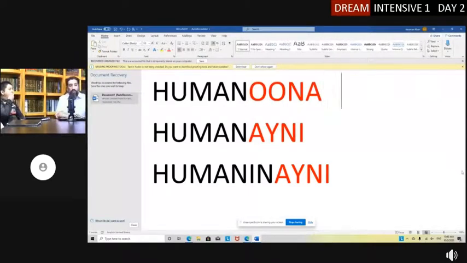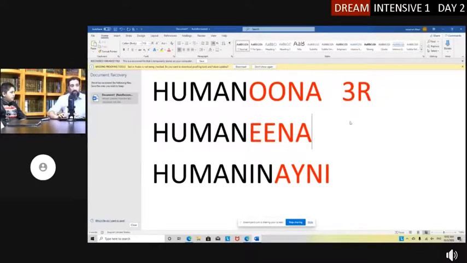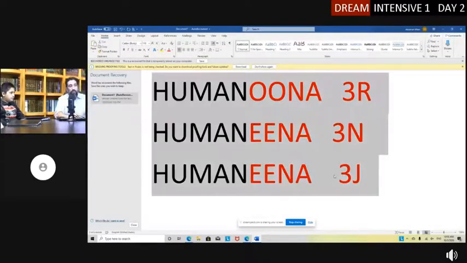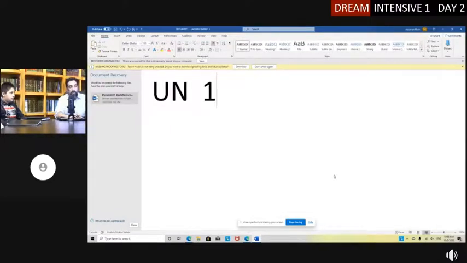Humanuna, una, three rafa. And if I wanted to add ina, that's lots of humans, humanina, three nasab. And humanina again, three jar. So let's make it even simpler. If you hear